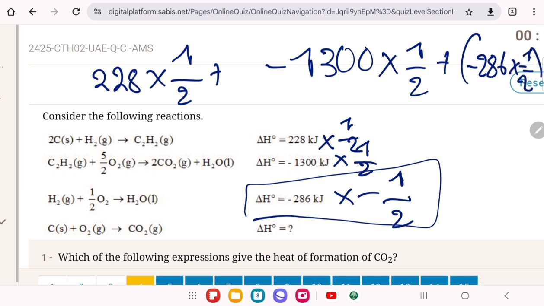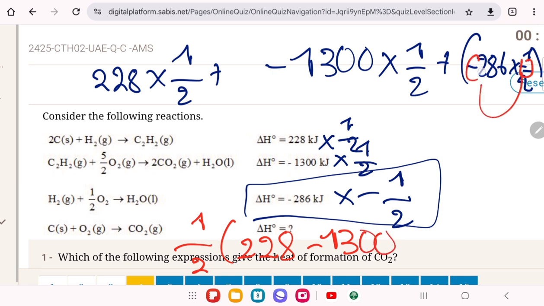If you take out the common factor, which is 1/2, you will now have 1/2 times 228 minus 1300, but here the minus will come here, and minus times minus is plus, so plus 286. So we got this heat,